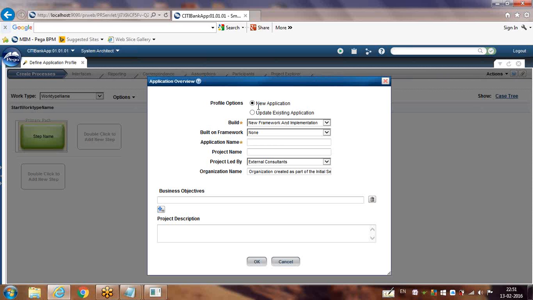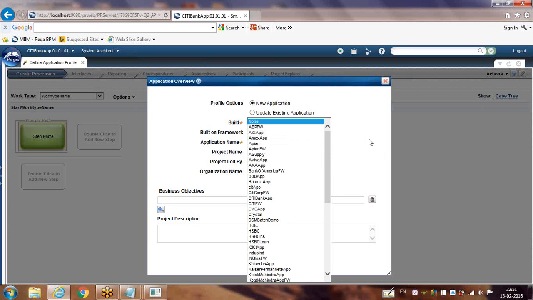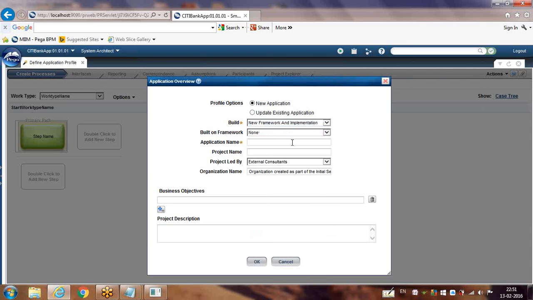So I'm creating a new application, not the Citibank one. I want the framework layer and implementation layer. That's why I selected new framework and implementation. If you want just a new framework, you can create that. If you want just implementation, you can create that also. Generally, it will be 4-layered architecture. So built-on framework, nothing. No framework exists, and the application name is